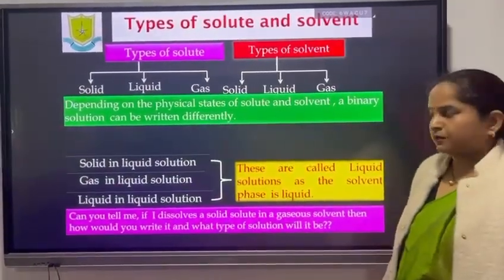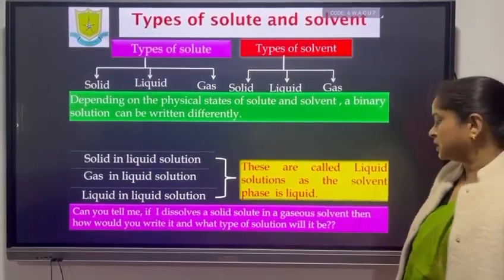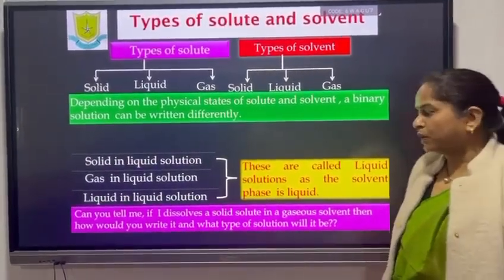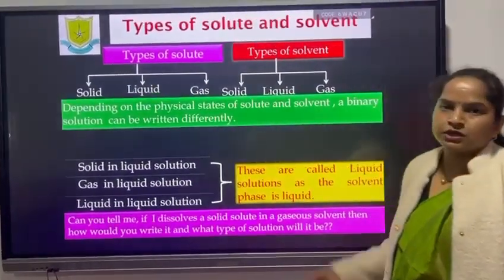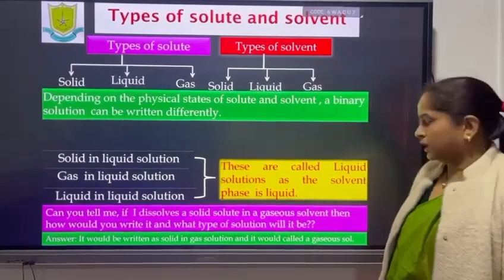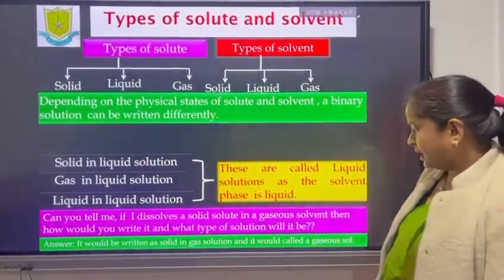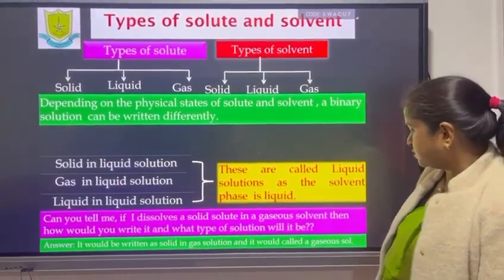Now, can you tell me, if we dissolve a solid solute in a gaseous solvent, then how would you write it and what type of solution is it? The answer is, we will write it as a solid in gas solution, and it is a gaseous